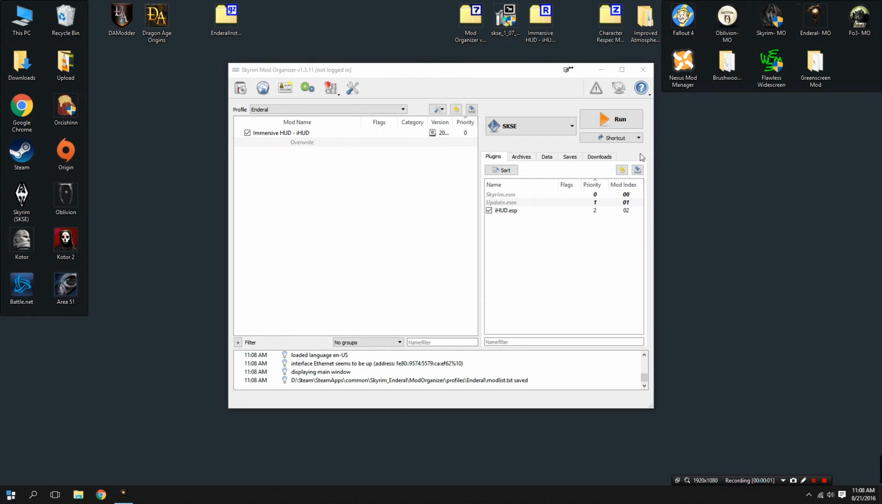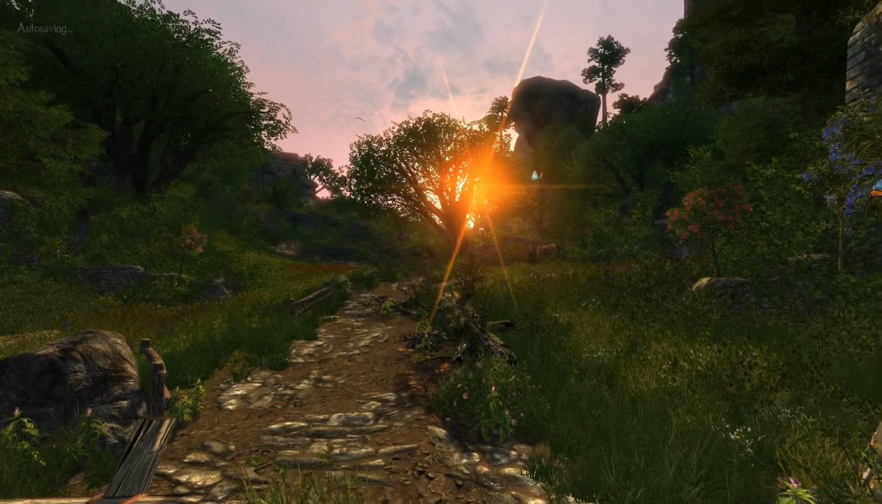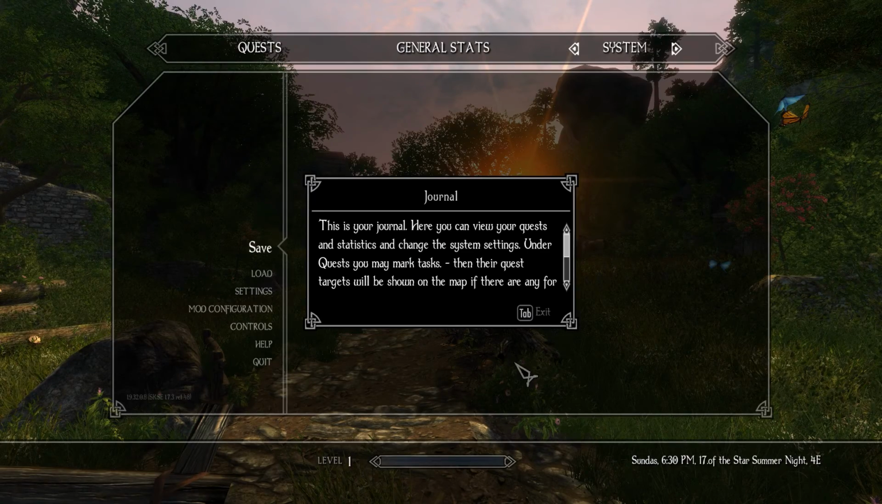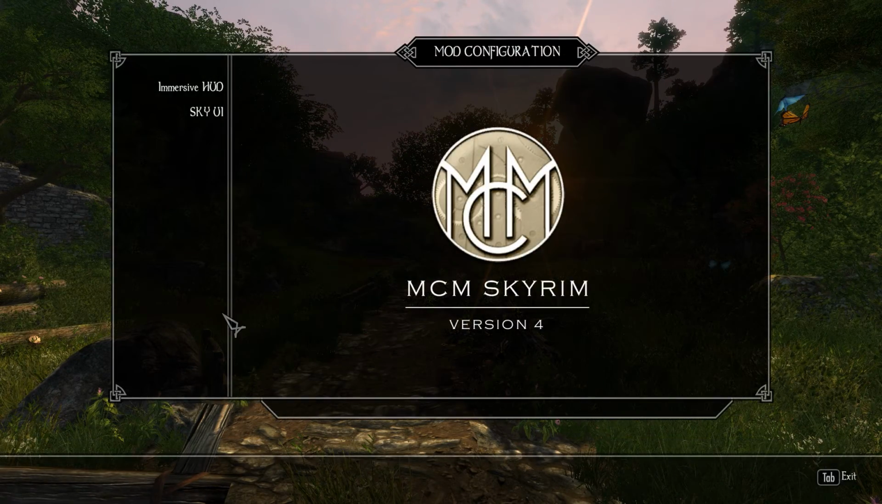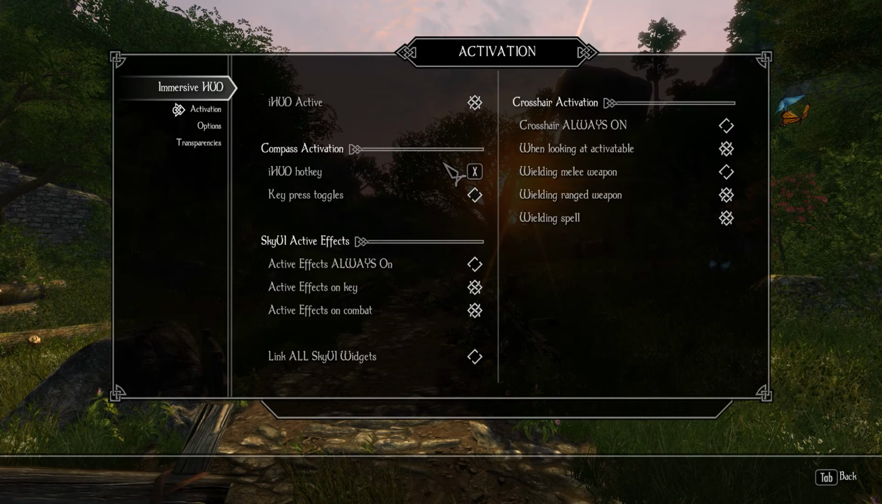The next and final step, now that we have the mod installed, we have the ini files correct, we have two versions of Mod Organizer, and all our folders have been put back to normal, is to go ahead and run Enderal once again, making sure we use SKSE to run it. Alright, so as we can see, I've loaded up Enderal, and MCM has activated as well. If we go ahead and hit escape, go to mod configuration, we will see Immersive HUD is here, and it